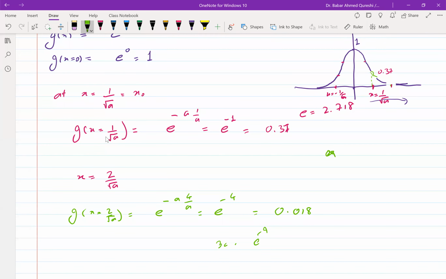So all it tells you is that once you have crossed this point, this value a, which was appearing in this function, controls when it will start decreasing very, very fast. Once you cross this, it decreases very, very quickly. This is called an exponential decrease. So it's exponentially decreasing on both sides, and it's only appreciable